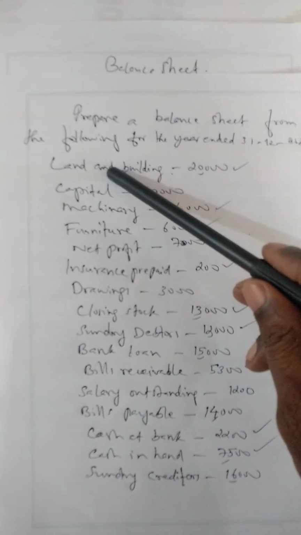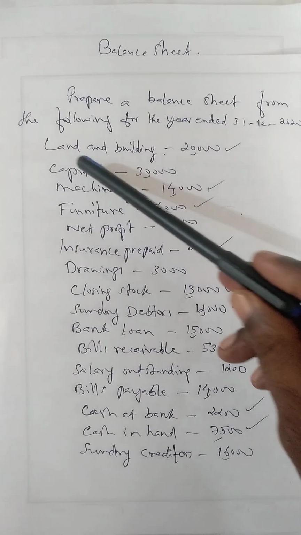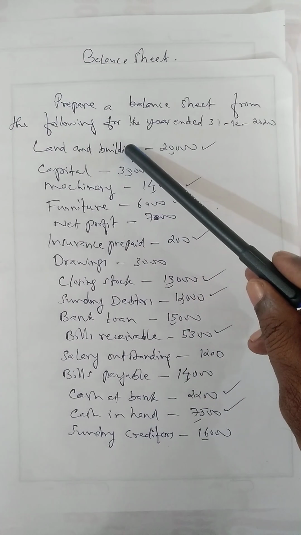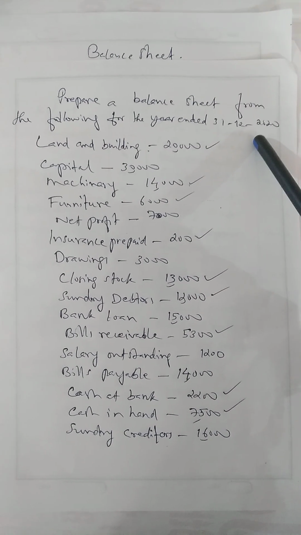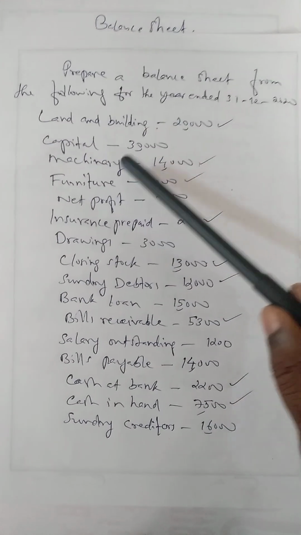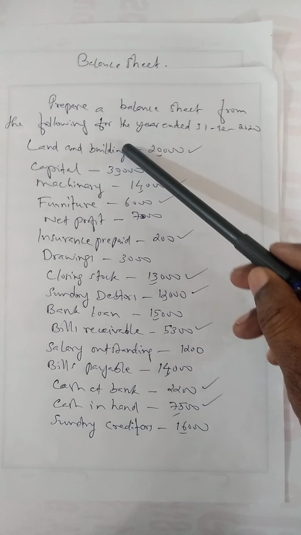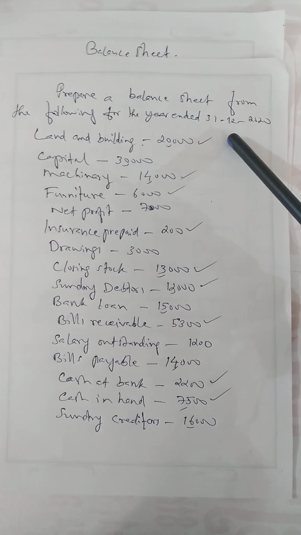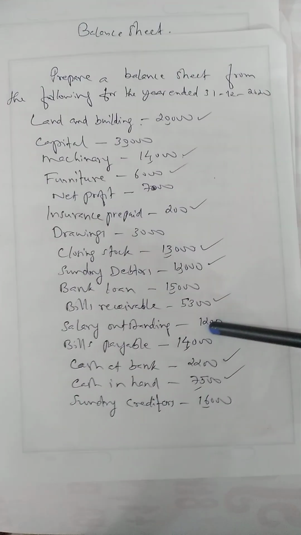The question is, prepare a balance sheet from the following for the year ended 31st December 2020. So some items are here: land and building, capital, machinery, furniture. Several items are here, and you are asked to prepare a balance sheet. At the first step, we should